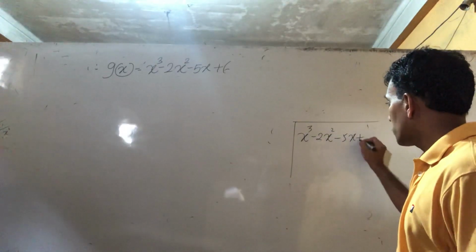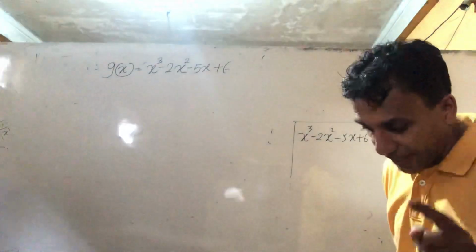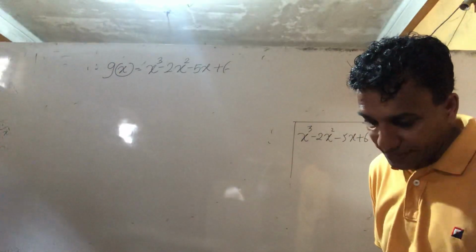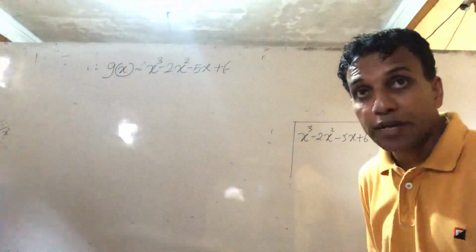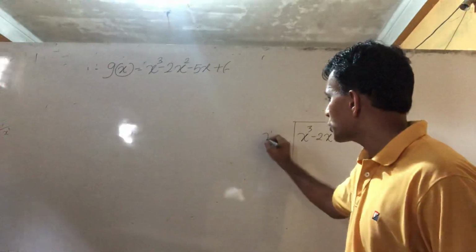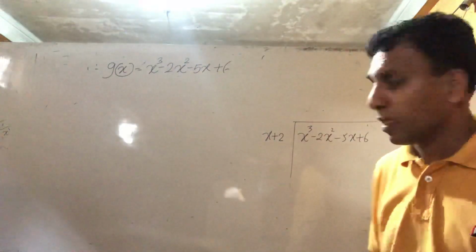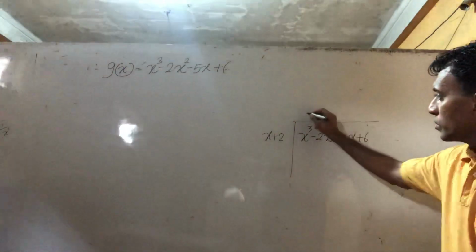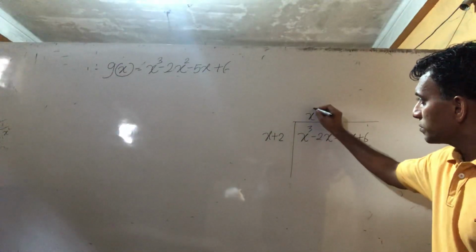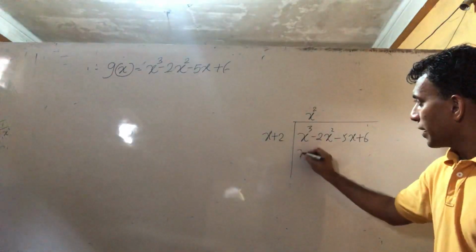minus 5x plus 6, they said x plus 2 is a factor. So to find the remaining factor, what do we do? Divide by x plus 2. Therefore it is divisible, that's why it is a factor. Now write x square